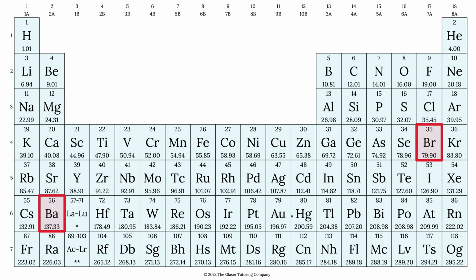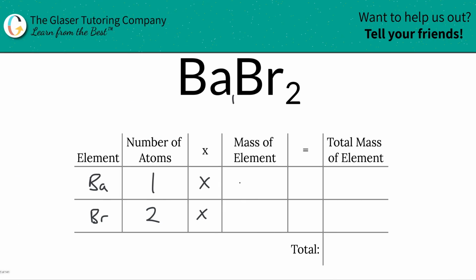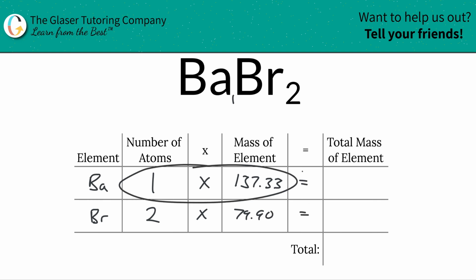All right, so let's write those values down. So for barium, we have a value of about 137.33. And then for bromine, we have a value of about 79.90. Then what we're going to do is simply take those values and multiply them together. So 1 atom of barium multiplied by the mass of barium gives us the total mass of barium in the compound, or in other words,